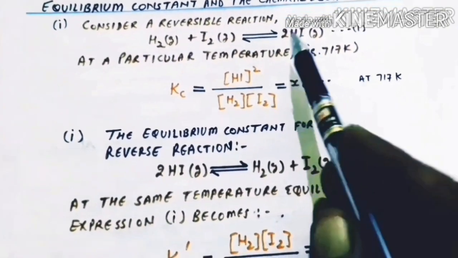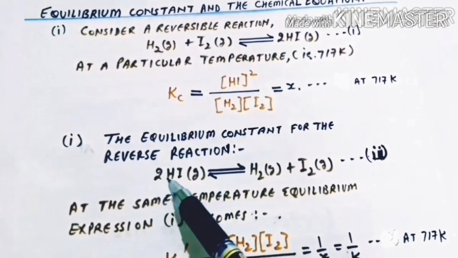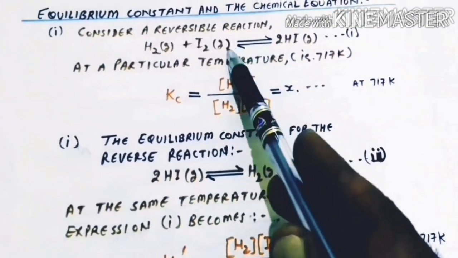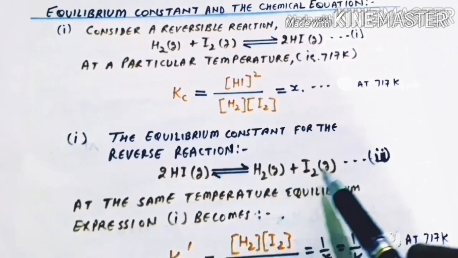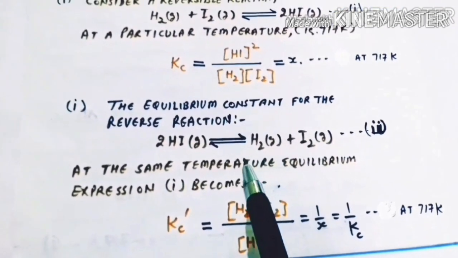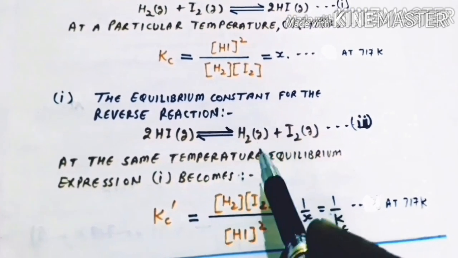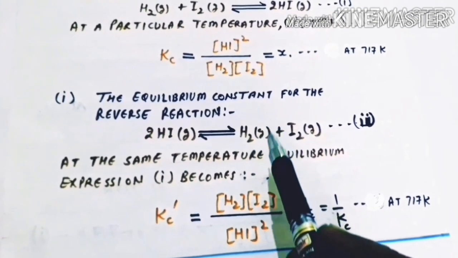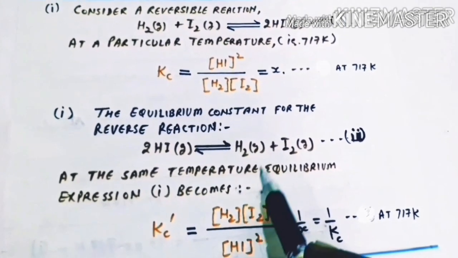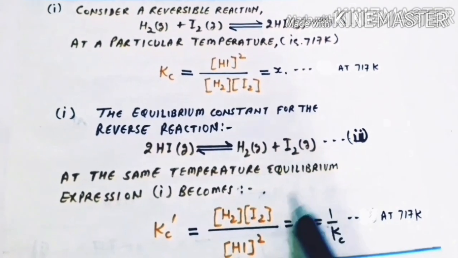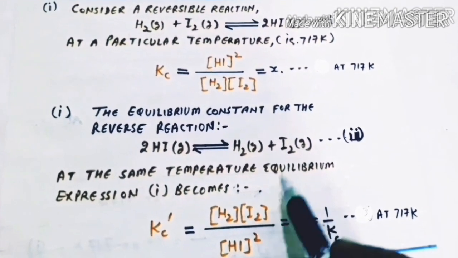Now the equilibrium constant for the backward reaction, when the 2 moles of hydrogen iodide decompose in the backward direction to give back the reactants 1 mole of hydrogen gas and 1 mole of iodine gas. So the equilibrium constant for the backward reaction Kc dash is equal to concentration of hydrogen gas in mole per liter raised to power 1. So power 1 is the stoichiometric coefficient of balanced chemical equation 2, multiplied by concentration of iodine gas in mole per liter raised to power 1.